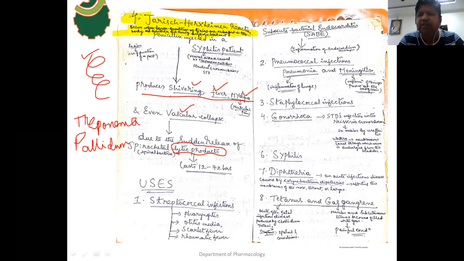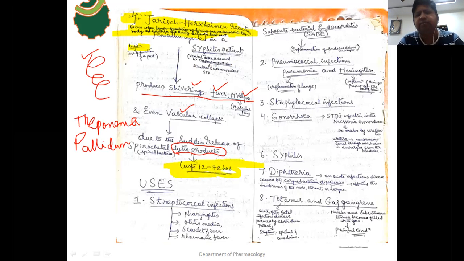When syphilis is treated with penicillin, the syphilis-causing spirochete, or coiled bacteria, that is Treponema pallidum, is killed. When Treponema pallidum dies, it releases a large amount of toxins, and as a result of those toxins, for a period of 12 to 72 hours,